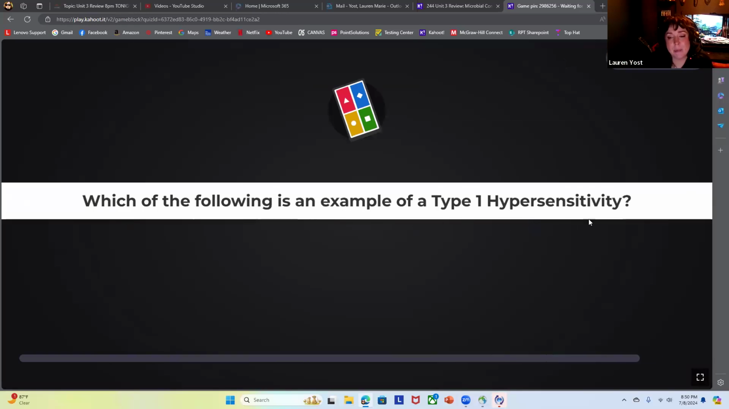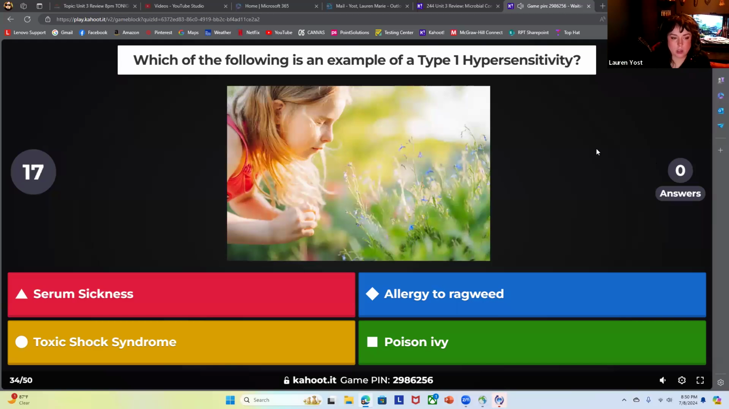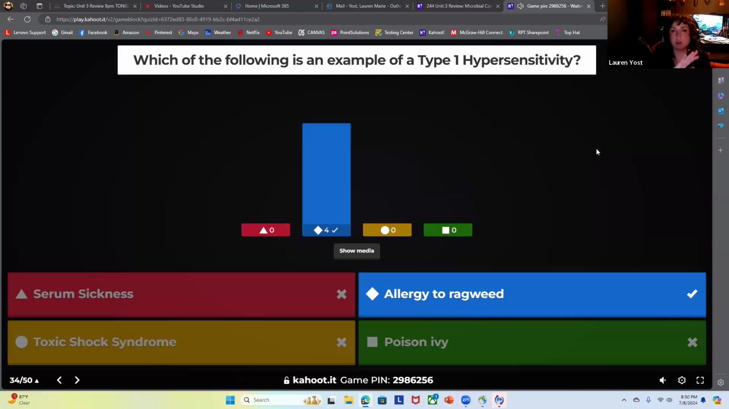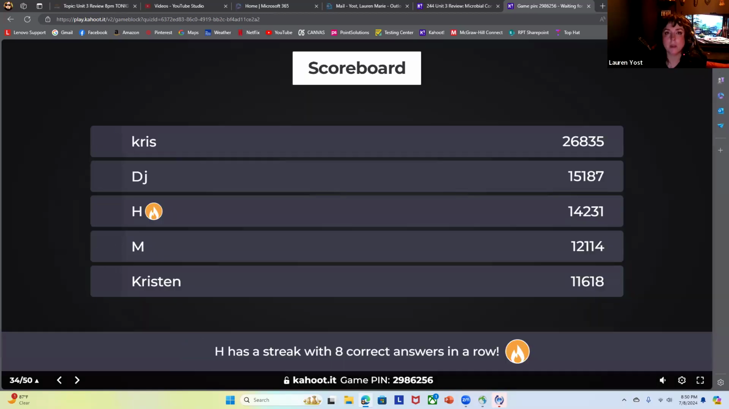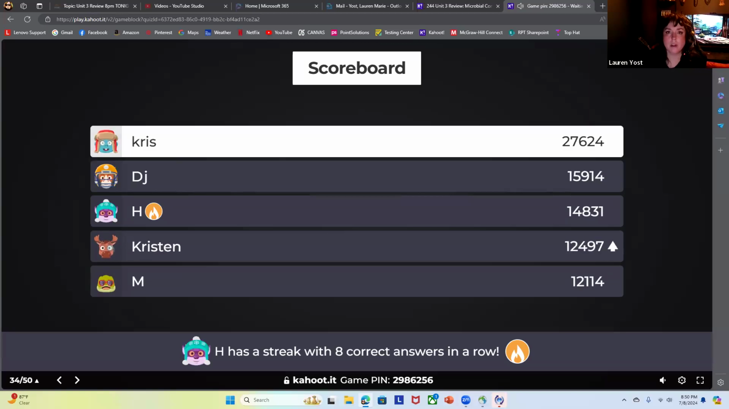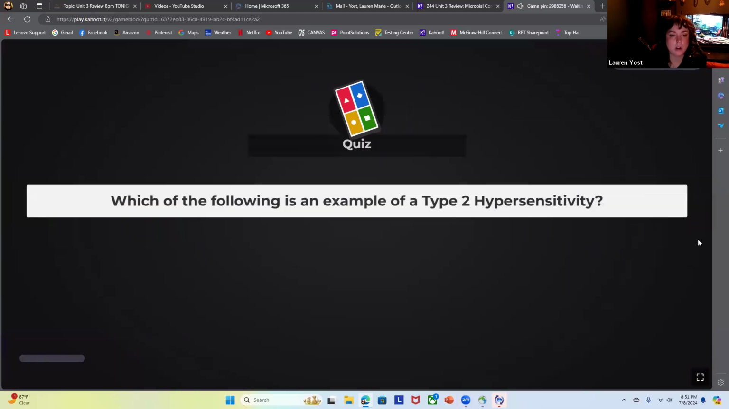So which of the following is an example of a type 1 hypersensitivity? All right, so this one is allergies. Type 1 allergies. So allergy to ragweed. So we think of this as a typical atopic reaction. So localized. Remember, anaphylaxis is going to be the systemic version of that. I'm going to ask you about what antibody